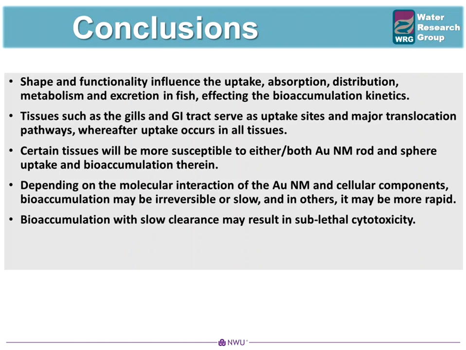Some key differences to take from it were the uptake of the CTAB nanogold in the blood and the absence of the citrate nanogold in the blood. This may, of course, be due to shape and functionality and particle stability, amongst other things. Another major key difference was the large uptake of citrate nanogold in the muscle, which seemingly was not irreversible, but underwent a reduced ability to undergo sequestration.